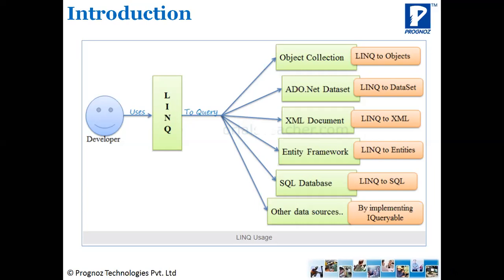Similarly, we can work with Entity Framework, which is LINQ to Entities. And last is LINQ to database, that is LINQ to SQL database. In the same way, we have other data sources also, which can be implemented through the IQueryable interface, which comes on top of the collection framework.